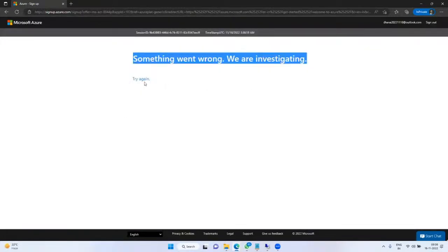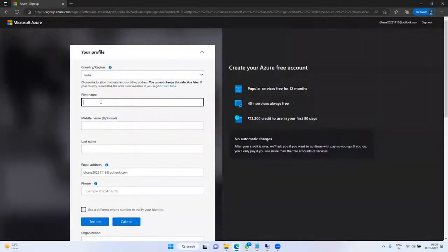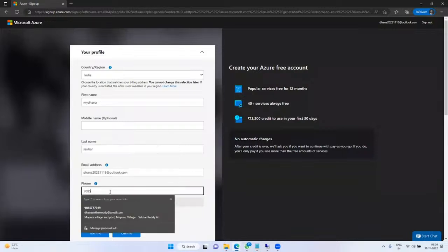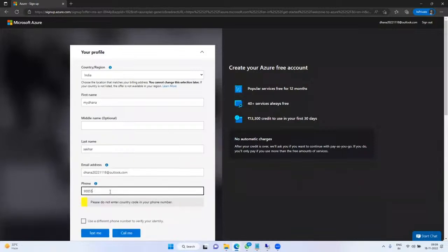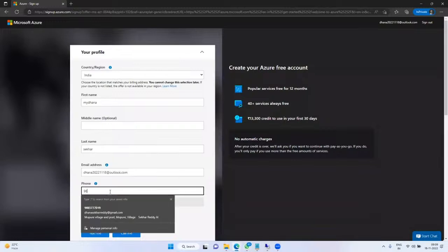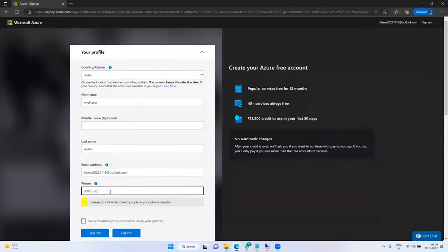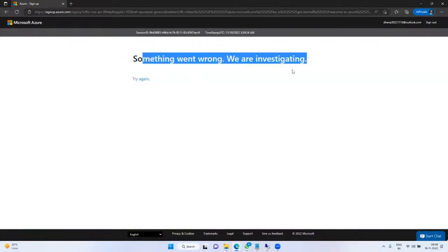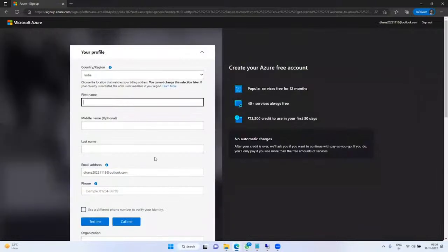Something went wrong. Actually, I have created multiple things, so I will change it. Mobile number, next. Maybe let it be. I will give you the link, you people try it out.